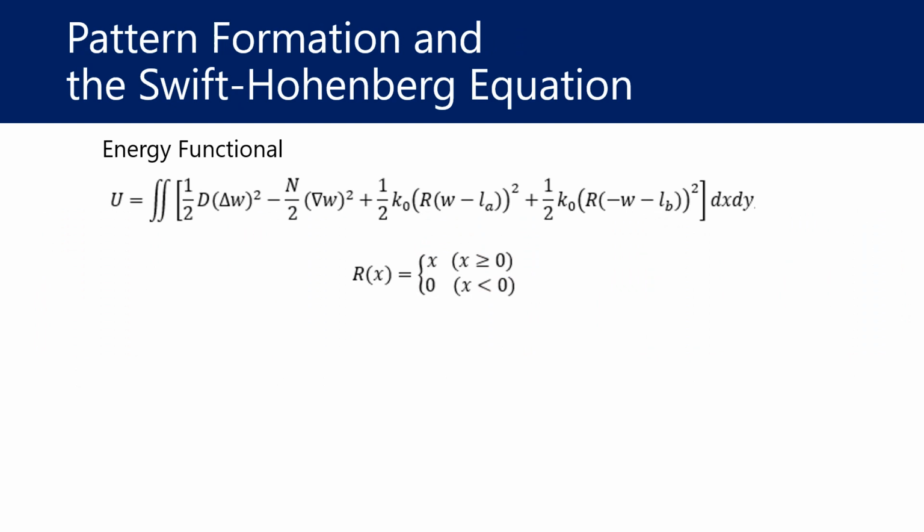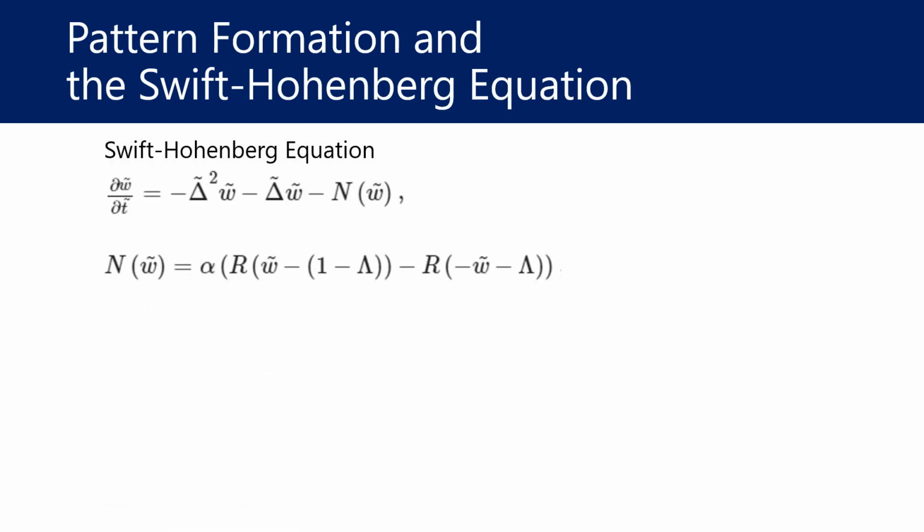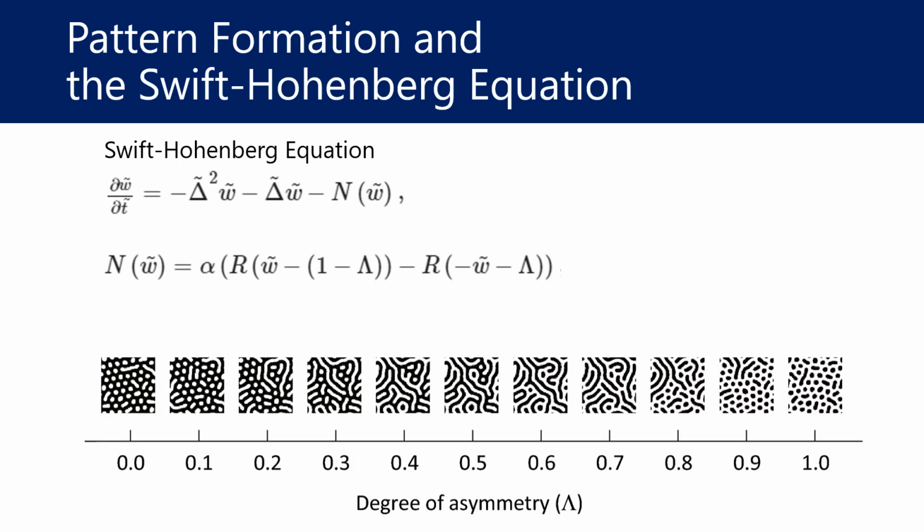In this study, an energy functional of the cell sheet was developed to discuss pattern formation. This was in response to buckling caused by compression due to cell proliferation under periodic boundary conditions. The researchers considered the cell sheet being compressed by force N from the x and y directions. They derived the Swift-Hohenberg equation from the overdamped relaxation dynamics of the displacement field W. This equation confirmed the transition from a dot pattern to a hole pattern via a labyrinth pattern with increasing degree